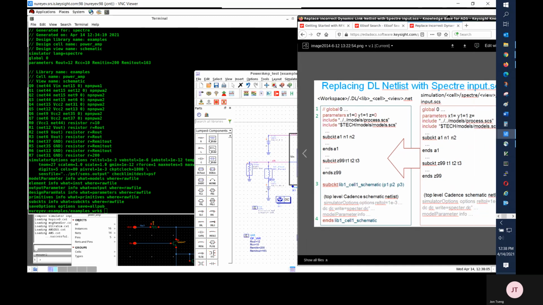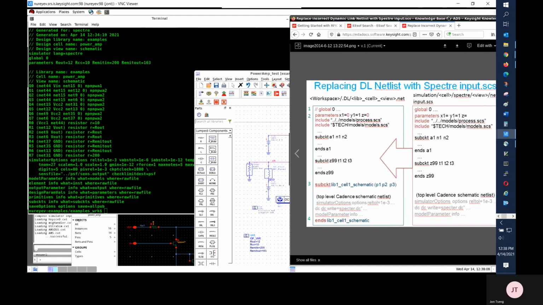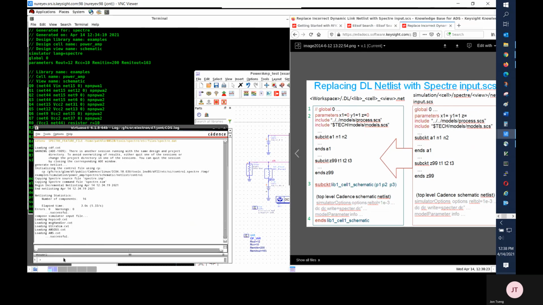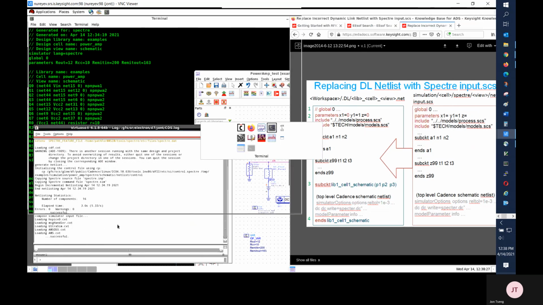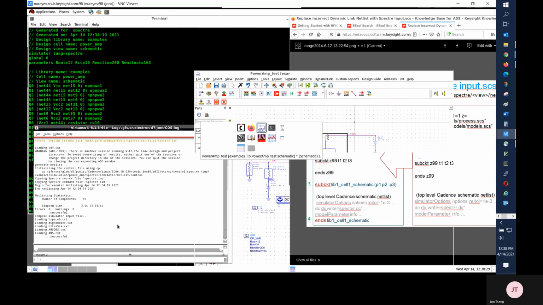And step 2, if you have uninitialized parameters in input.scs, you do need to initialize them properly for ADS. And the bottom again shows that a Cadence top-level circuit will be a subcircuit in ADS.